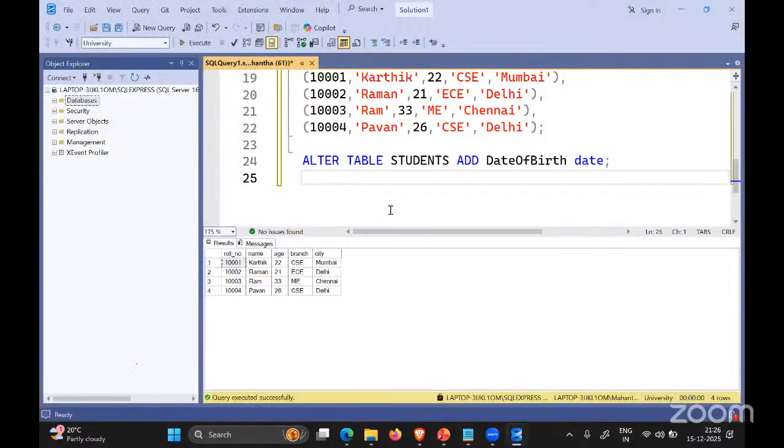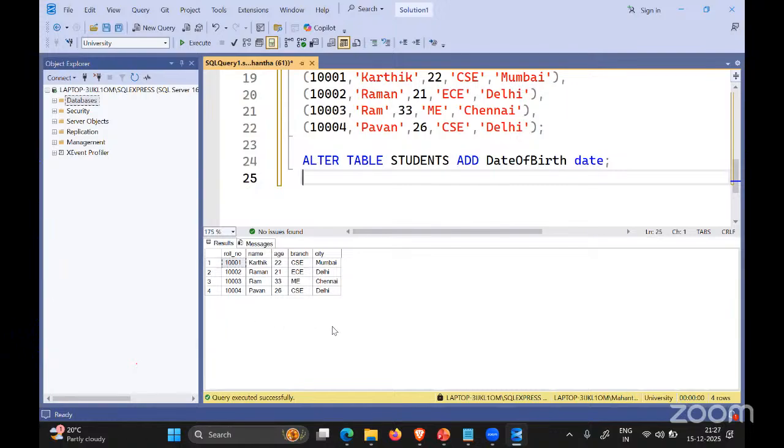so I will say alter table students add date of birth, and date is the, what is the date here? Anybody? Data type. Absolutely, awesome. Very good. So now tell me, Swastika Jana, what am I trying to do here? So we need to add date of birth in the table, which as of now is named students. Very good.